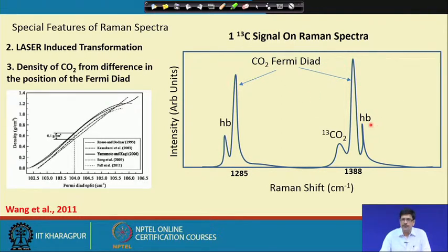So, what we see here, as we discussed just before, is a lot more of different types of peaks with variable intensity at different positions of Raman shift. For example, in the case of carbon dioxide, just before the nu 1 peak, we get one hot band, as we know, the transition between two excited states of vibrations. And the 1388 peak also has one hot band to the right. But interestingly, to the left of this 1388 peak, we get one small peak, which is essentially due to the 13 carbon.